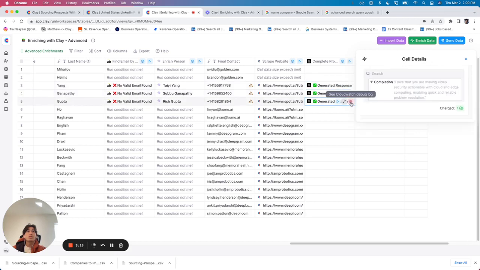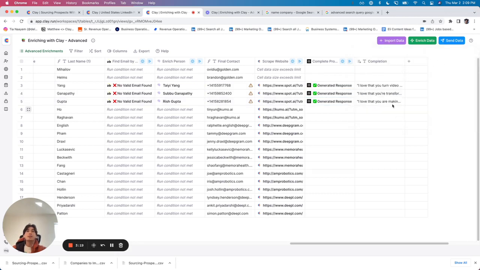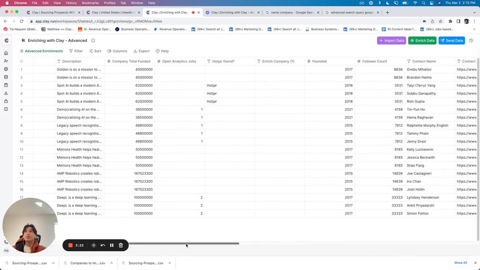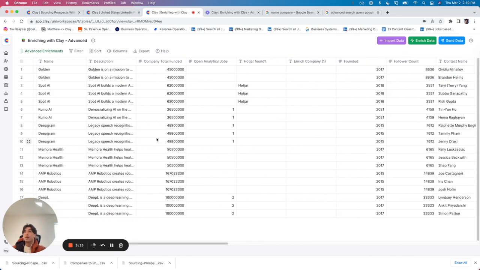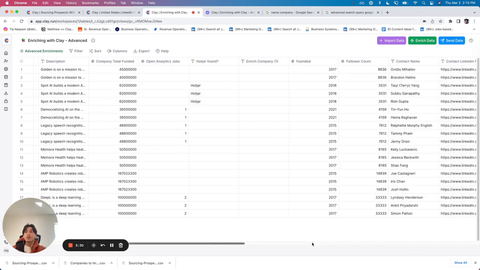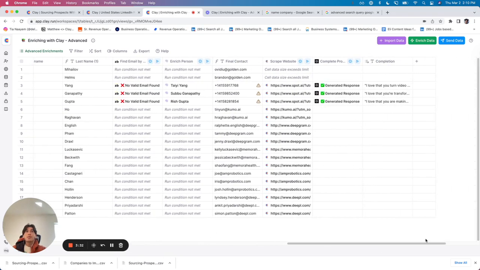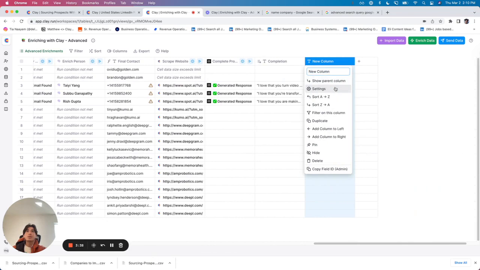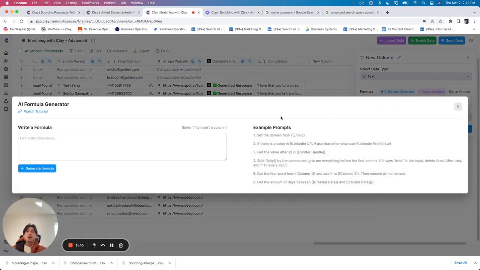Great. Cool. So now another thing we can do is if we don't want to use GPT-3, we've got some really awesome information about the company here, right? We have how much they raised. We have that they're using Hotjar. So let me show you just one more example, which is let's go ahead and create a new text column. And then instead of using GPT-3, let's use the AI formula generator. And let's say,